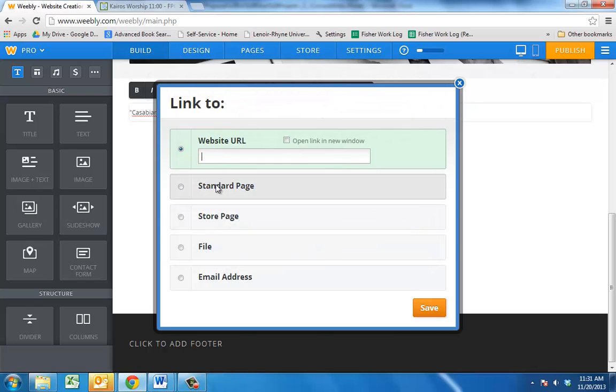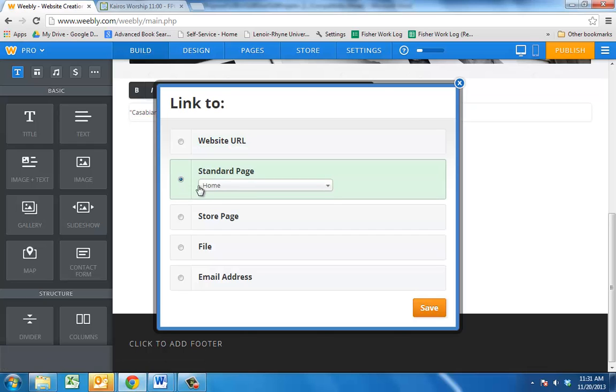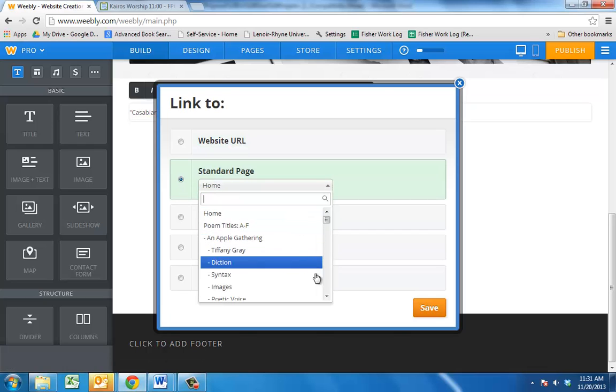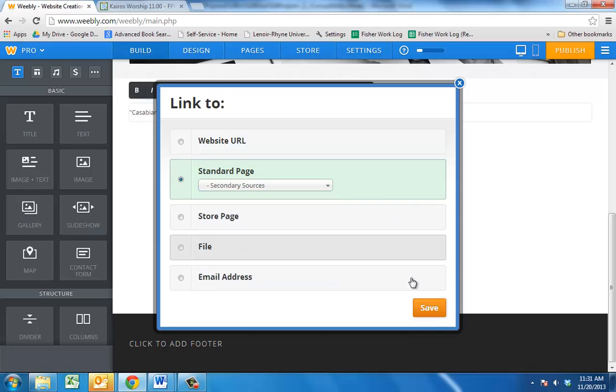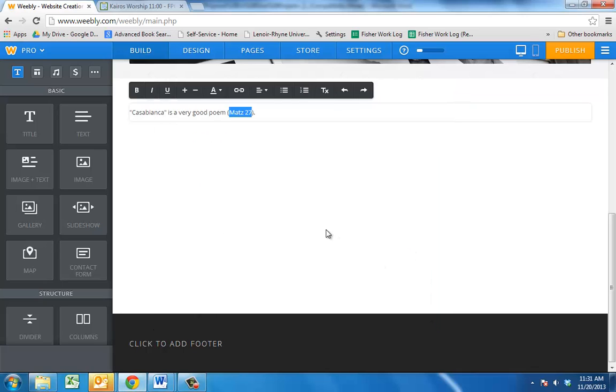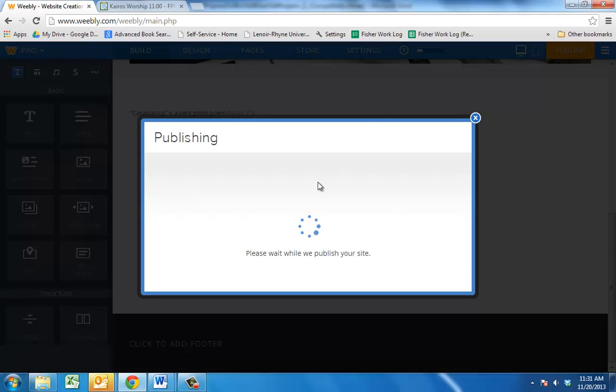and then I'm going to come down here to standard page. What this does is it lets me link to any page on this Weebly site. So I'm going to scroll down to Aaron's Casabianca section and select secondary sources and then save it. And you can see now I have created a link to the secondary sources page. So now if a reader comes across this and wants to check my citation there, after I publish this,